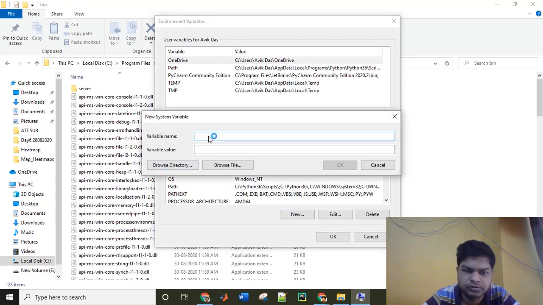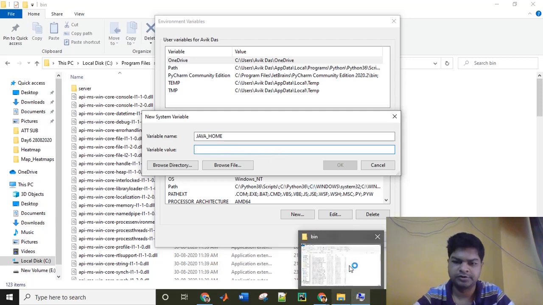Here the convention is that you give the variable name as JAVA_HOME, and then you should give a value. So what will our value be? Previously we copied the address of the bin folder.